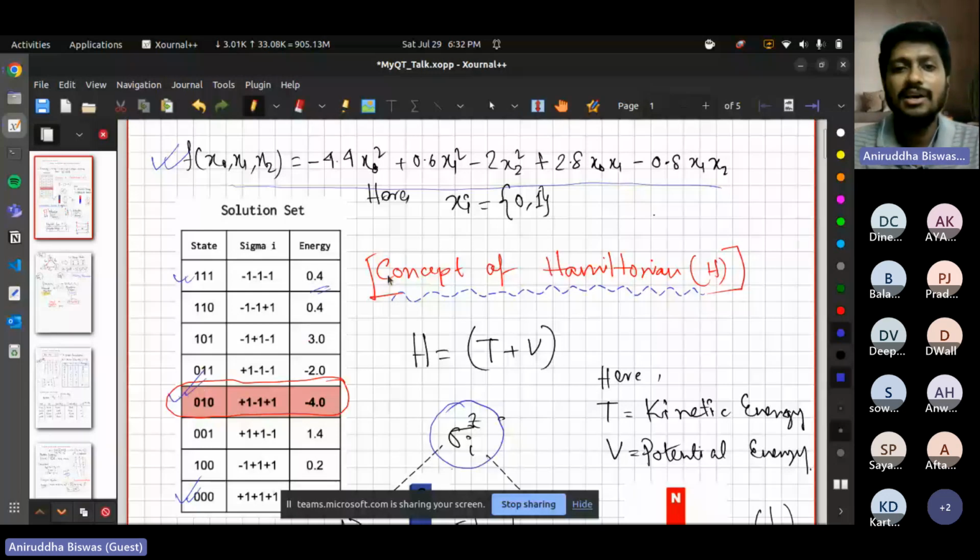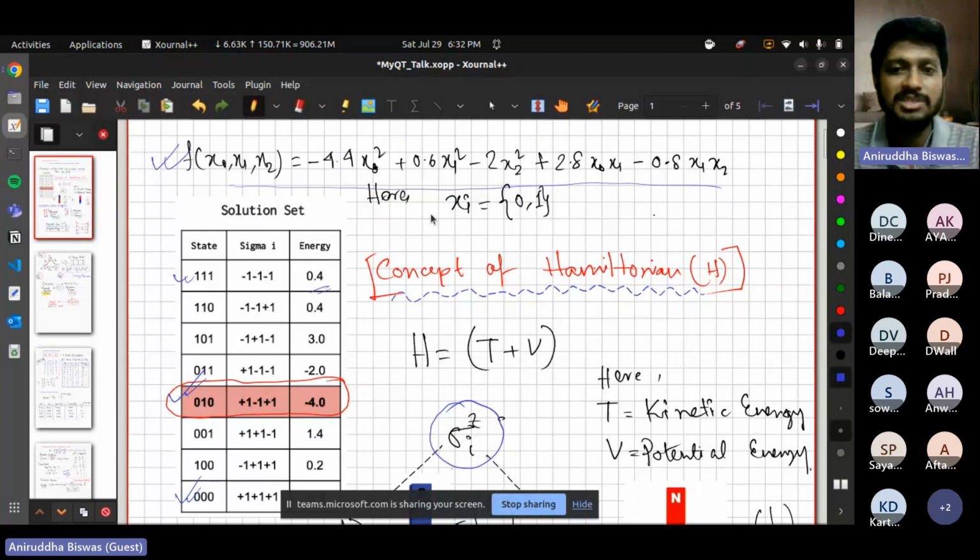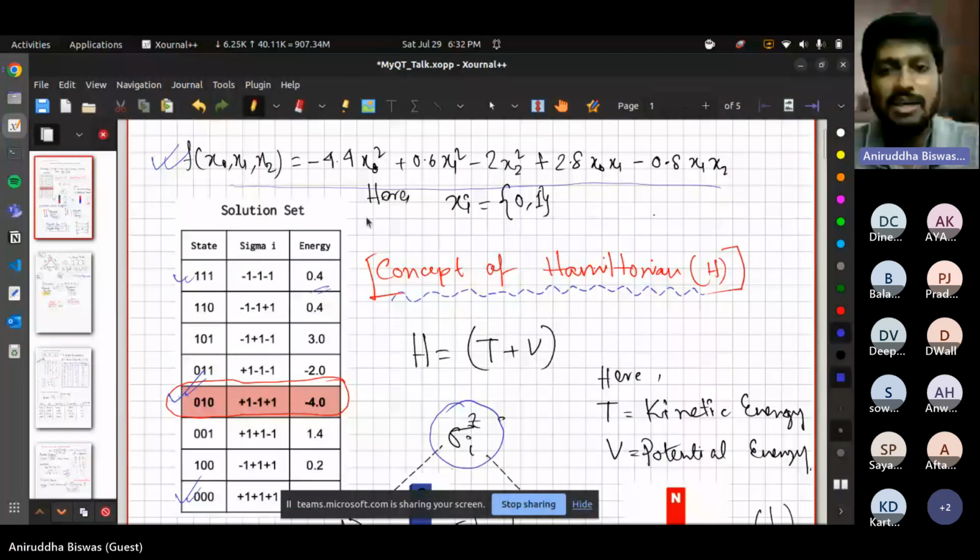Now the thing is, although you were able to solve this just by putting all these values in your mathematical expression, you can do it with pen and paper. Probably for bigger binary polynomials, you may need a computer which will iterate through all the possible combinations and finally give you the best result by sorting the energy or the value of the function. Even if you are able to solve this by hand, you won't be directly able to solve it using a quantum computer.